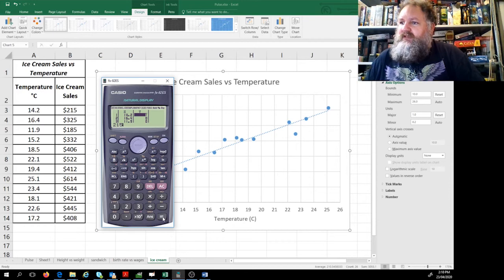14.2, 215. So 325. Next one is 185. I have two monitors, which is why I'm not looking forward at the moment. 185, 332, 406, 522, 412,